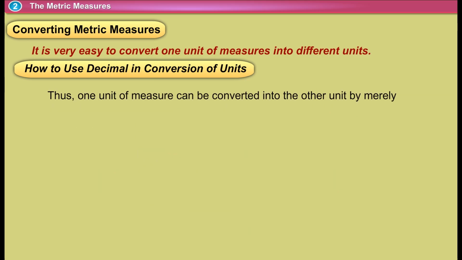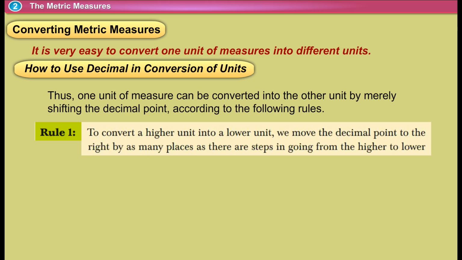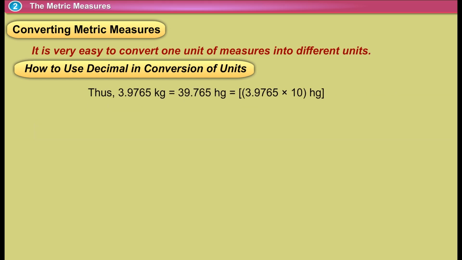Thus, one unit of measure can be converted into the other unit by merely shifting the decimal point according to the following rules. Rule 1. To convert a higher unit into a lower unit, we move the decimal point to the right by as many places as there are steps in going from the higher to lower unit in the following table. Thus,